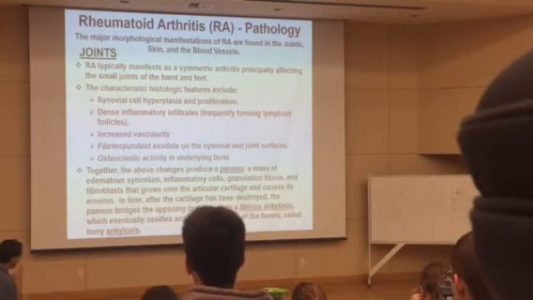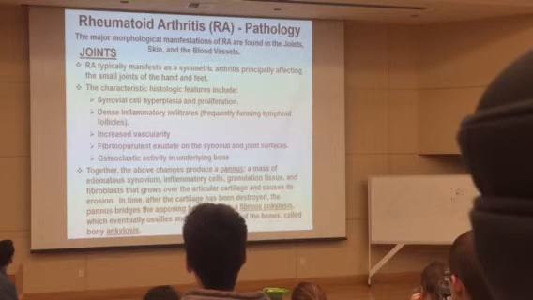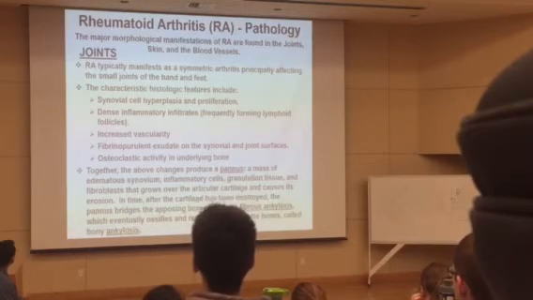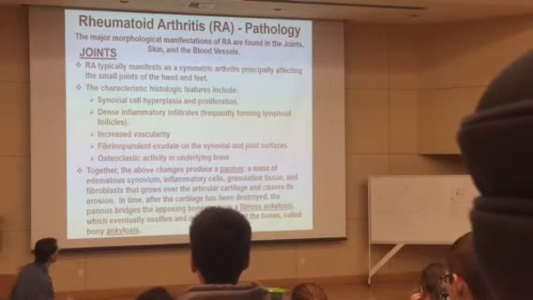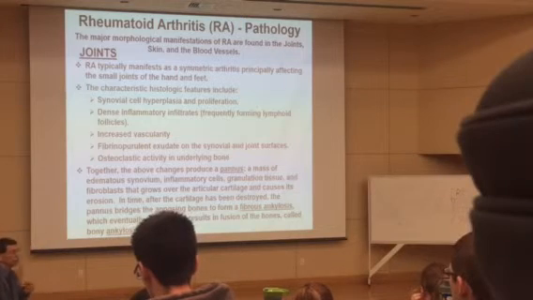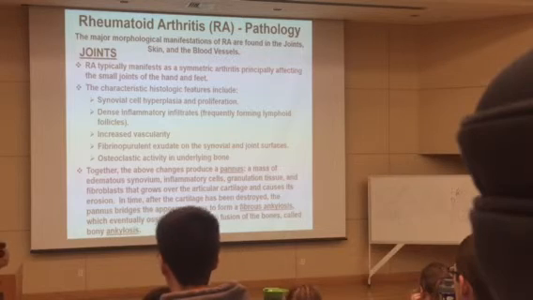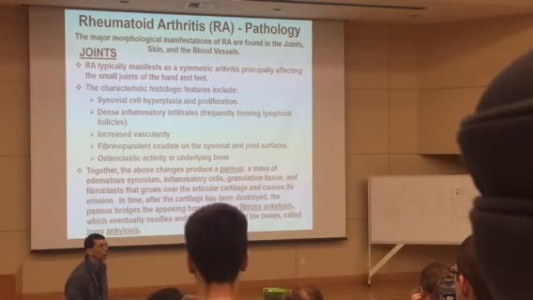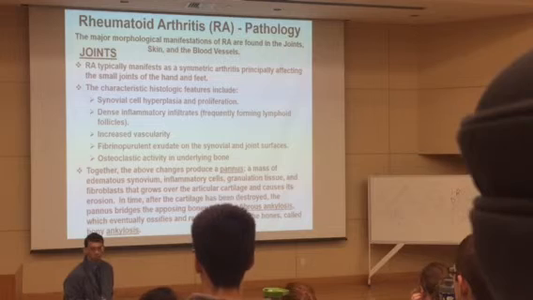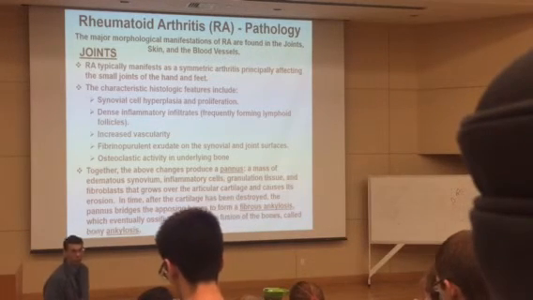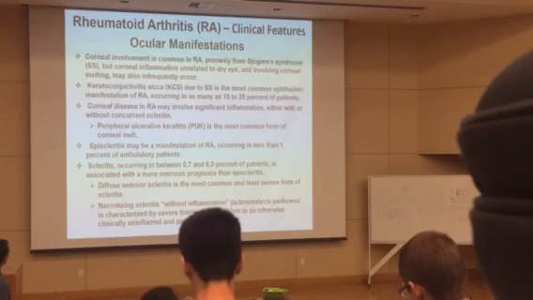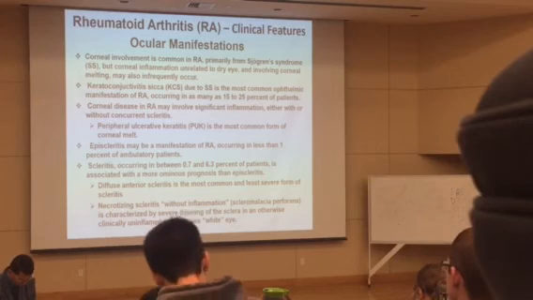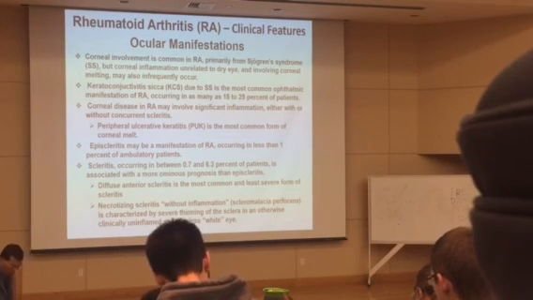But what I want you to focus on for the test specifically are the characteristic histologic features. And that was basically the process that I just defined to you and is defined in your notes. Know these features, because what I'll do is I will alter 4 of them and only leave 1 of them true. So make sure you understand those histologic features of rheumatoid arthritis. And then, in the course, we also talk about the common, founded